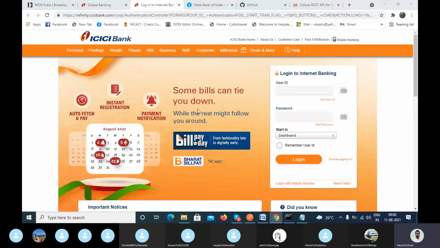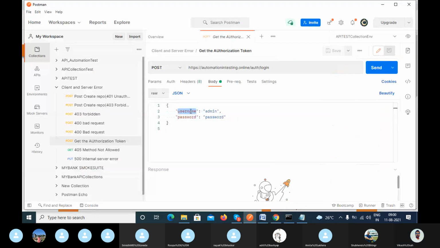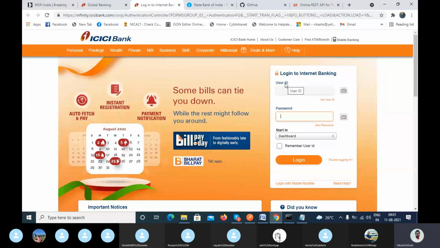They can use the user ID also here, so do not get confused. Maybe they have used the email ID here.